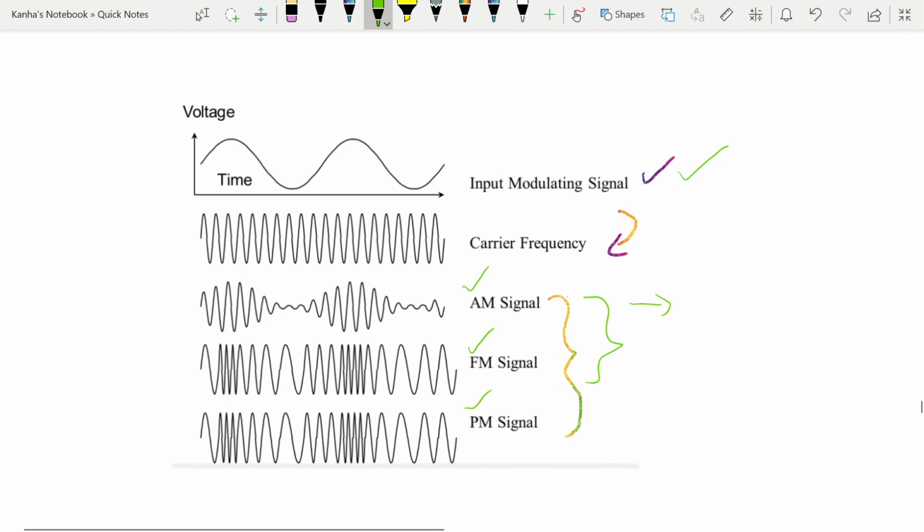Let's take a look at the amplitude modulated signal. Depending on the value of the input signal, the messenger signal, let me call it M, and this is C. As you can see, when the input signal takes a high value, the amplitudes of my carrier are high. When my messenger takes a low value, my amplitudes are low. And as the value starts increasing, my amplitude starts increasing. So this is how you modulate the amplitudes of the carrier frequency.